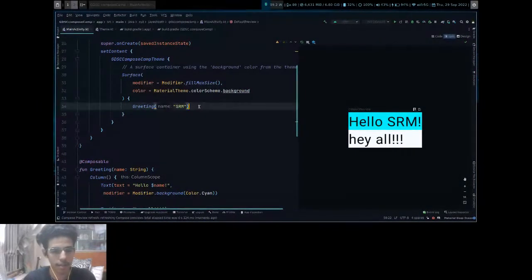So for example, take this Hello SRM or Hey all as an item, and you are displaying thousands of Hello SRM, Hey all. The app will keep all thousand in memory, which eventually will make your app slower.